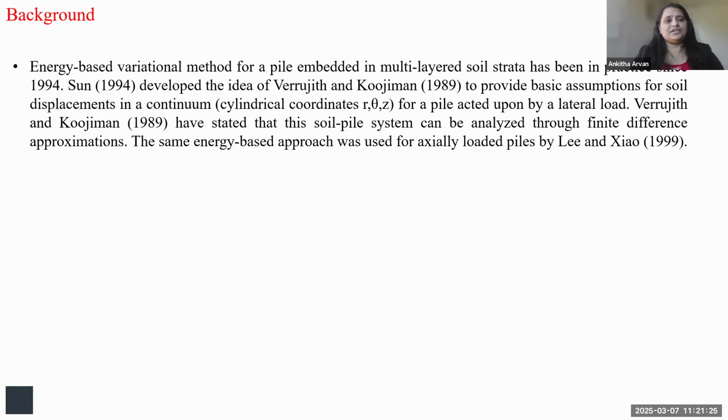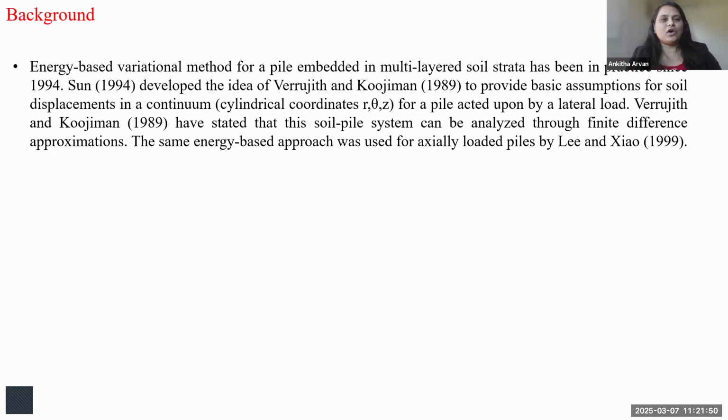So there is this energy-based variational method existing in the field for a long time, for multi-layered soil strata especially. It's basically a potential energy equation that has been in practice to analyze piles in a soil stratum. As you see, Sun 1994 had developed this idea of Vardhan and Kujjman as well, to provide